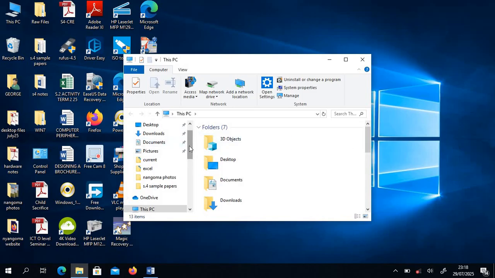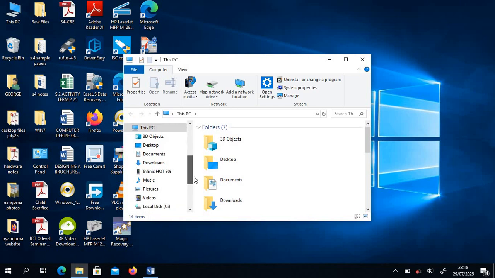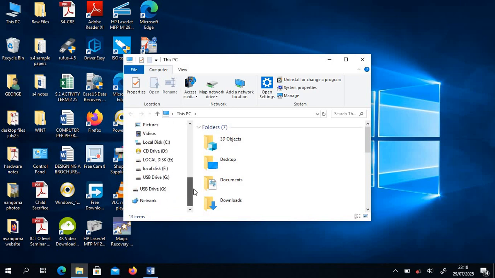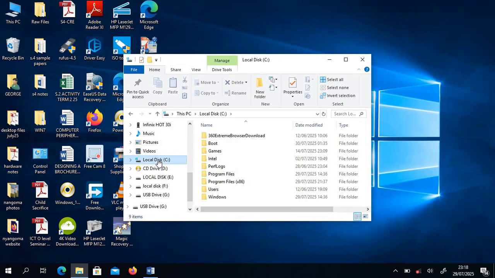When we navigate downwards here, under This PC we have different locations. Down here you have Local Disk C, and when we click on it, it has different folders inside. This location, Local Disk C, is one of the partitions of the hard disk found inside this computer. And basically, if the hard disk is partitioned, in most cases Local Disk C is always the primary